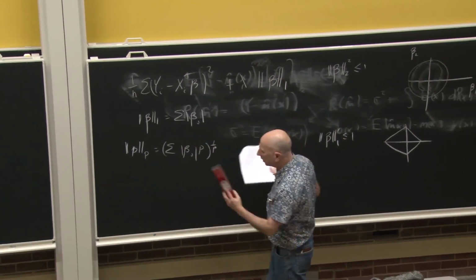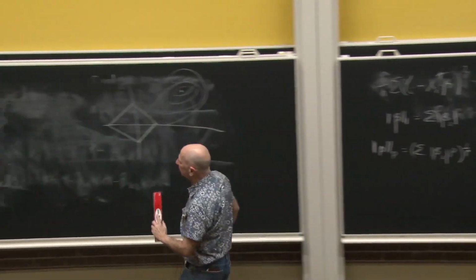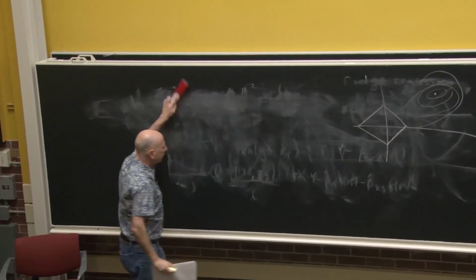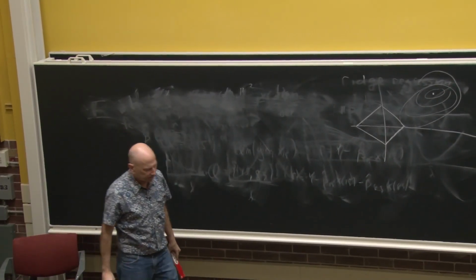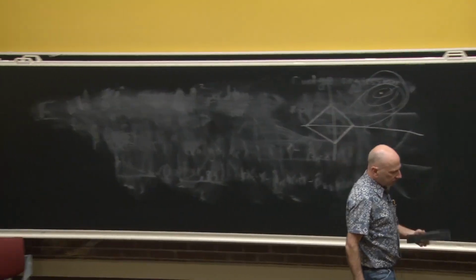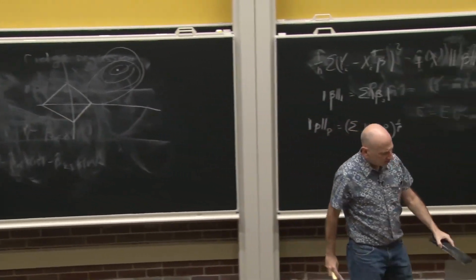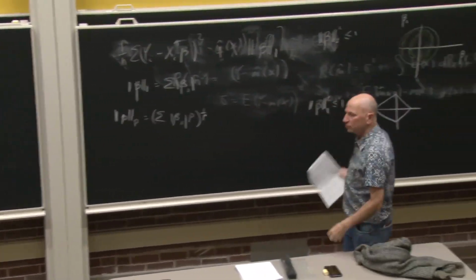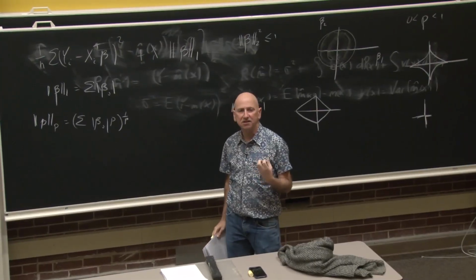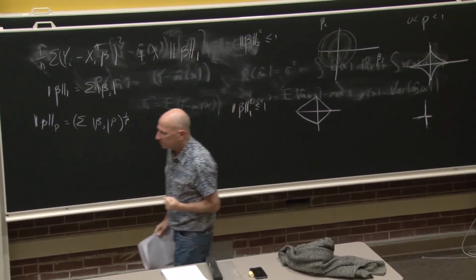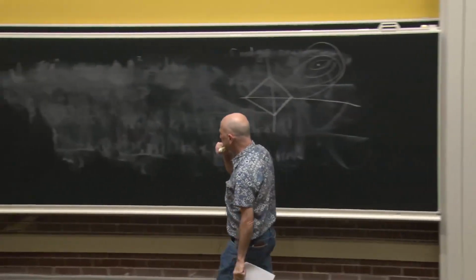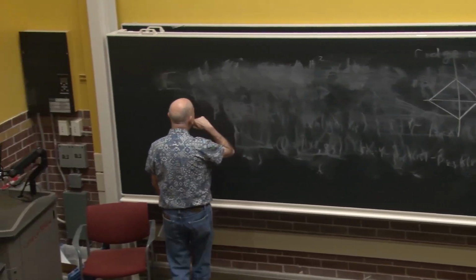I want to give you one other piece of intuition about the L1 norm. Another reason for using the L1 norm is we could ask, is there a norm which gives us convex neighborhoods, but which is somehow sensitive to sparsity? What do I mean by sensitive to sparsity? Well, let's consider